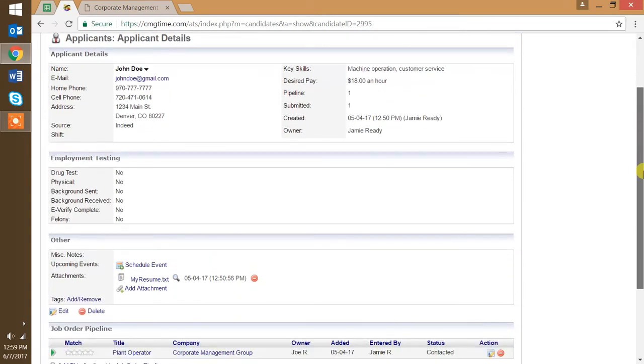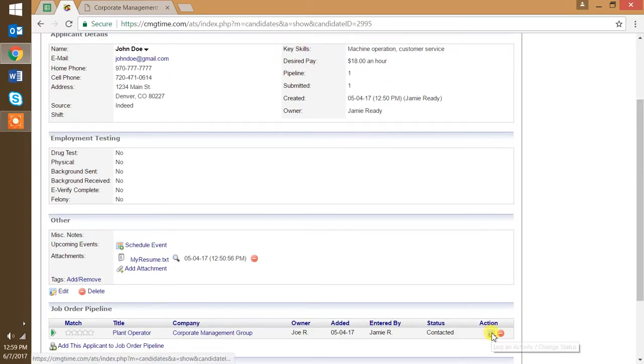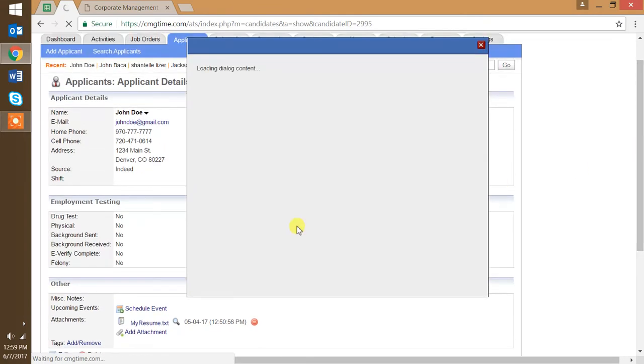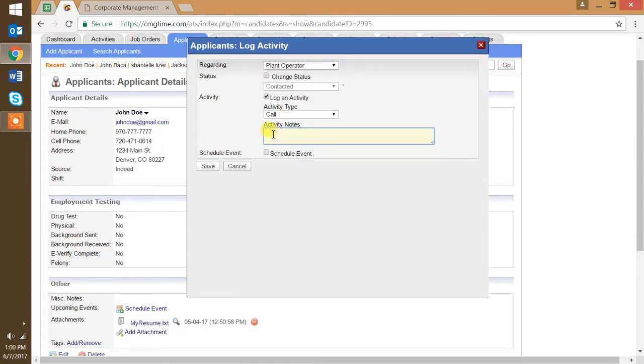While you're on the phone with him, it's recommended that you make another Action tab and use the activity notes to log your conversation with the applicant. The top 5 questions that all recruiters should be asking every applicant and logging in to CMGTracker for further and future reference is going to include location of the job,